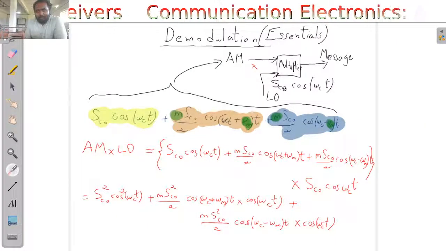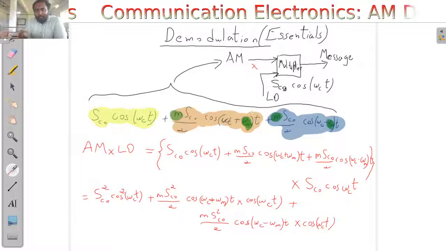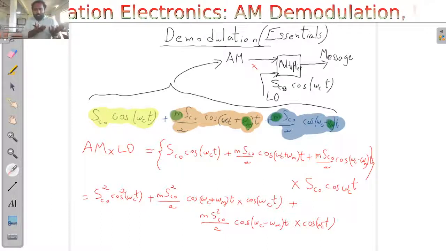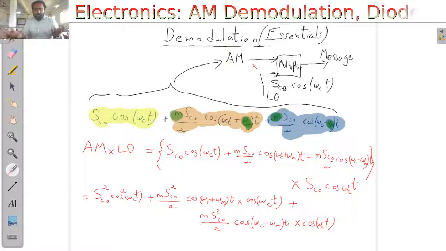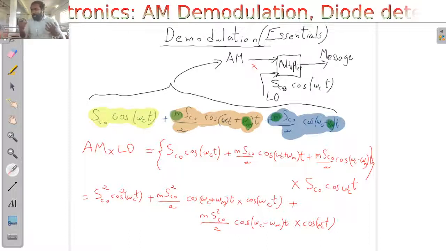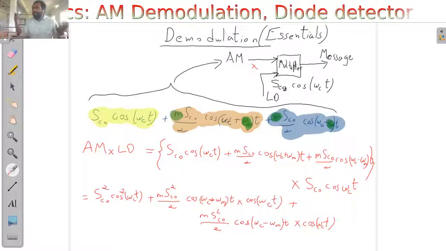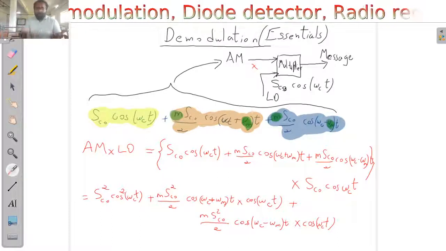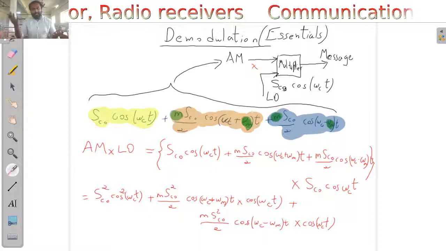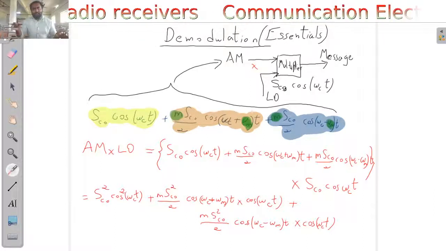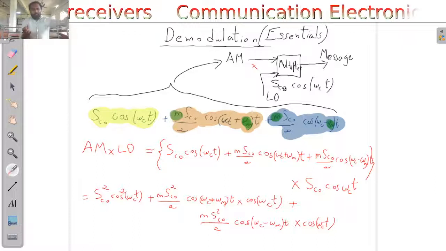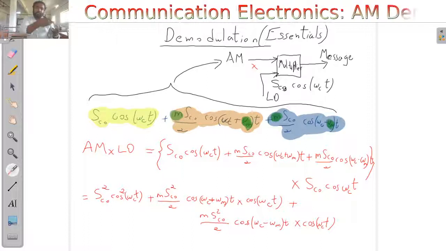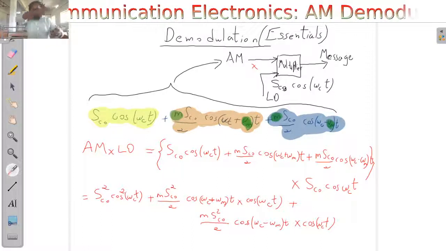Demodulation is the process of taking back the information from the modulated signal. For a communication system, you have a transmitter, then followed by a channel and a receiver. The channel can be free space or any guided systems like waveguides or coaxial cables or telephone lines, etc. This demodulation happens at the receiver end. In the receiver system, the signal that is coming through the channel is to be taken, and the information content that has been modulated onto the carrier has to be taken back.